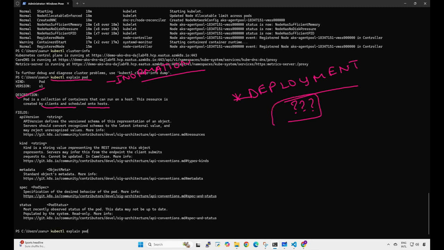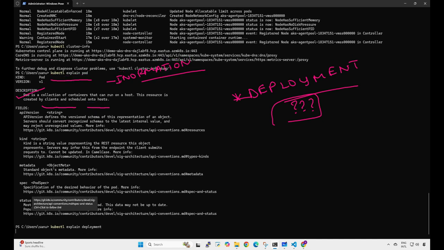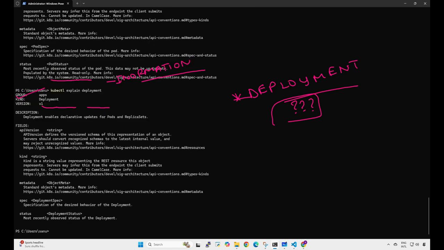Okay, so we are good to run the command called kubectl explain deployment. You'll get the information regarding this. See, deployment enables declarative updates for pods and replica sets. If you want more details, check this community page, and you'll have more information regarding this. Okay, apart from that,